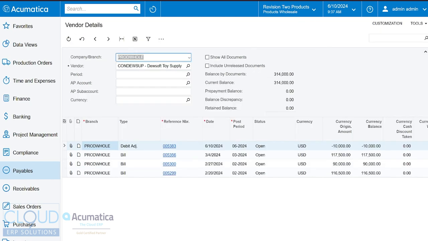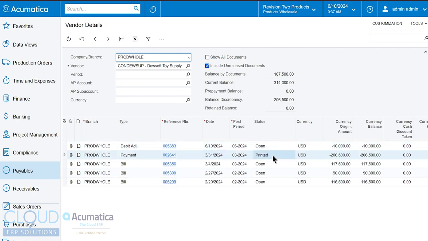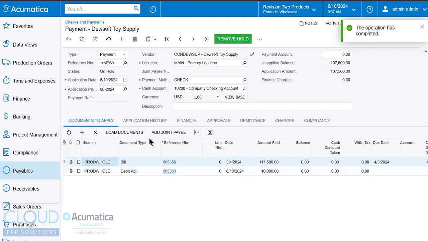In fact, if we go to the vendor details and we show include unreleased documents, you could see there's a payment here. It's printed, but it's not released. And if we open it up, I'm sure that it includes the other 2 bills. But anyway, if we go back to checks and payments, we can see now